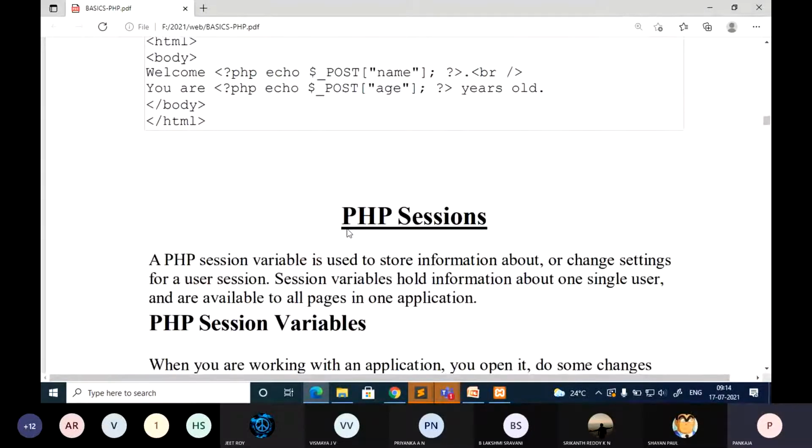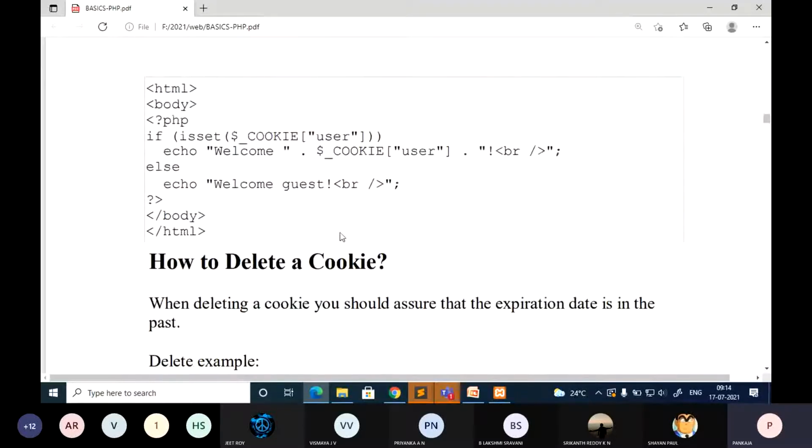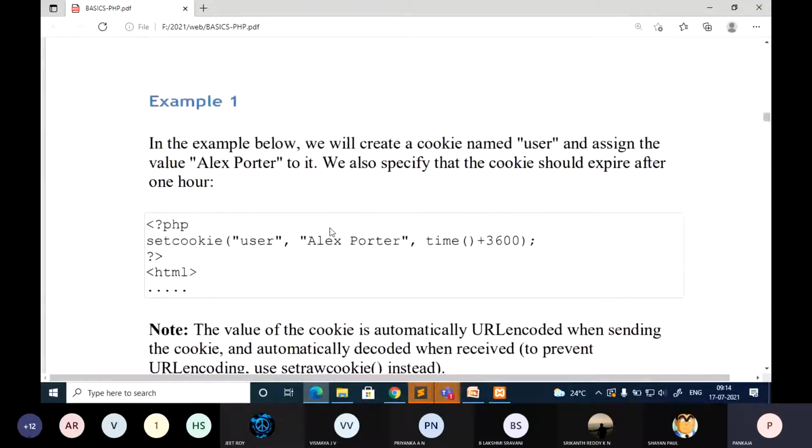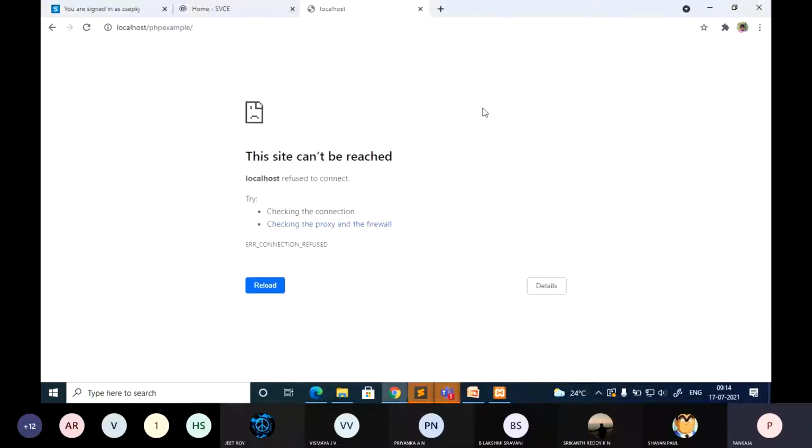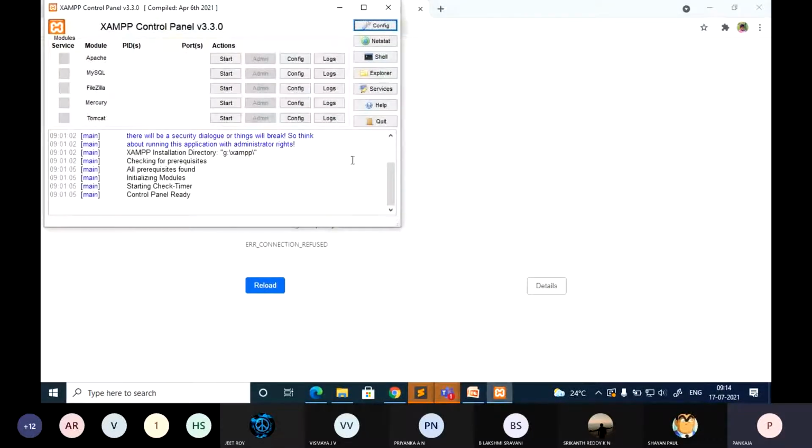Okay, so let me move on to an example of whatever I explained. We'll try to do one program on this. First start the server.